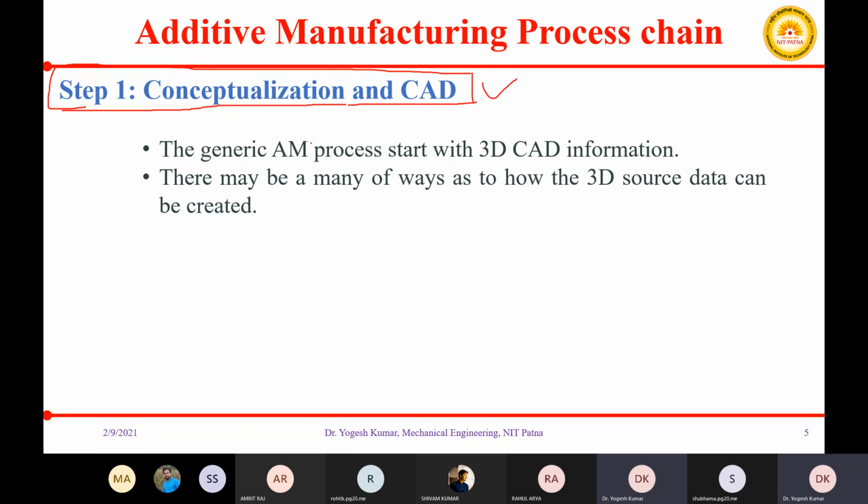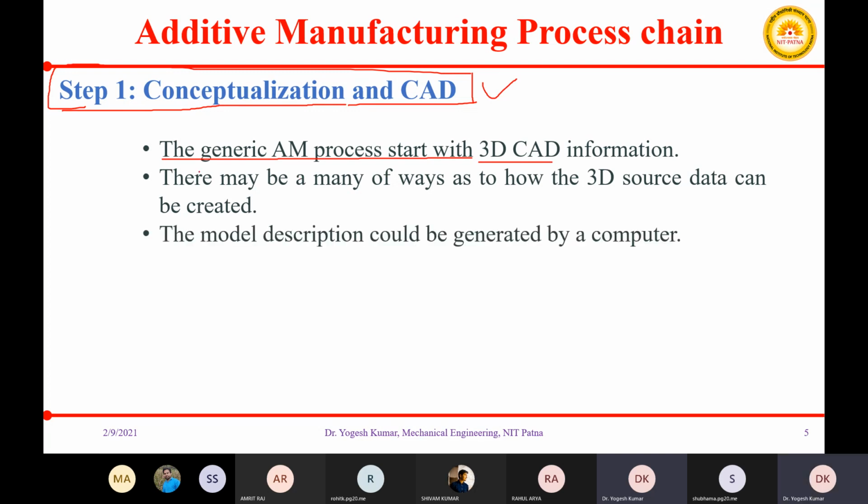Okay, 3D modeling software. For this you need the necessary 3D CAD information, and there are many ways in which 3D source data can be converted into your 3D CAD model. Most commonly we use computers, for example AutoCAD.